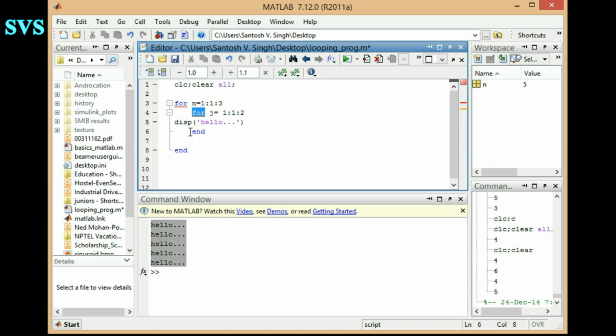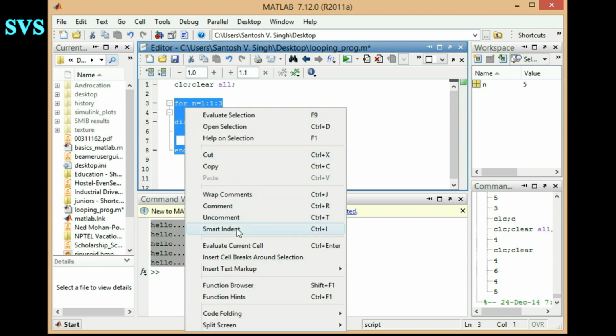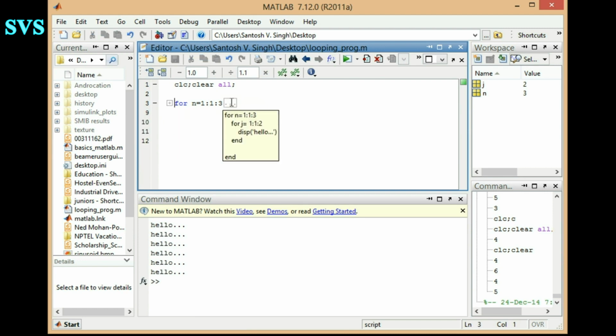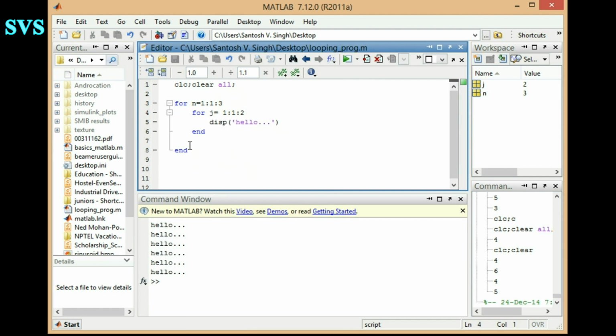So we'll write one for in the other, or one loop in the other, and for arranging it we'll be using smart indent, or directly you can press Ctrl I. It will be adjusted automatically, and as we execute it, it gives this. The inside loop runs 2 times and the outside loop runs 3 times, so it gives a product, 3 into 2, which is 6. So hello gets displayed 6 times.